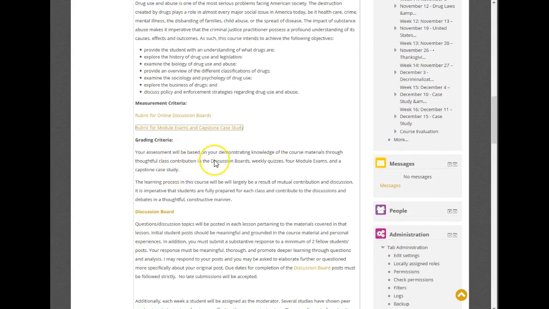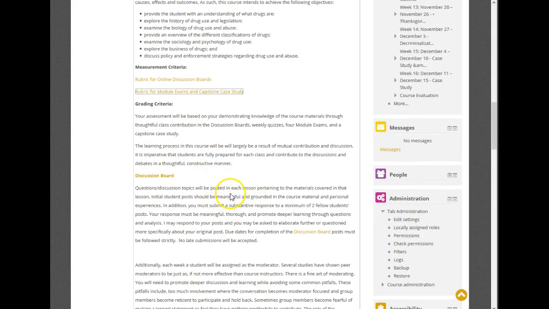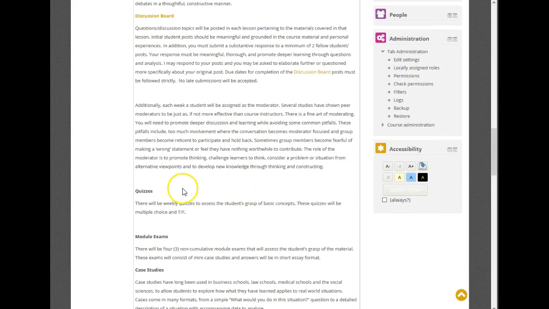Continuing down, it talks more about the discussion board. Please read through that. The quizzes, as I said earlier, are basic quizzes. They're multiple choice and true false. They range from around 30 questions. I think one of them might have as many as 50 or so, but that's just because it covers two chapters in the text. But they are quite simple, and as I said, you get 2 chances at it. So if you don't do well on the first one, you'll have a chance to check the questions you got wrong, get them right, and do well on that.